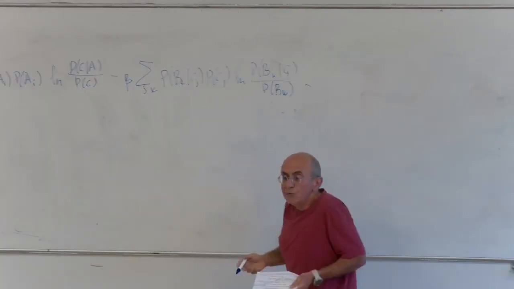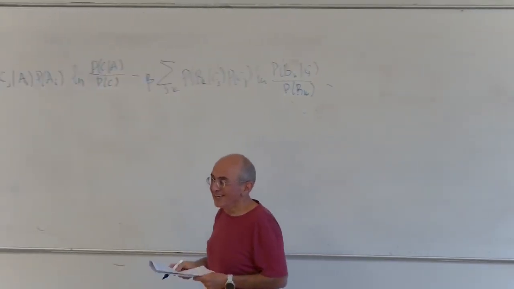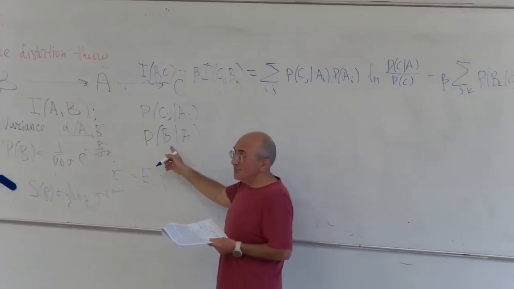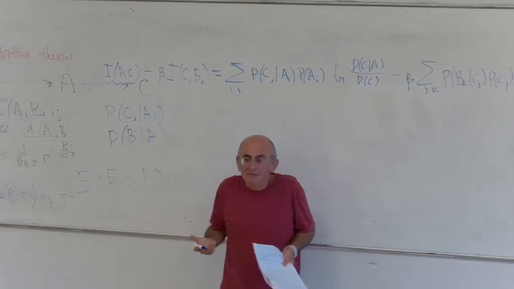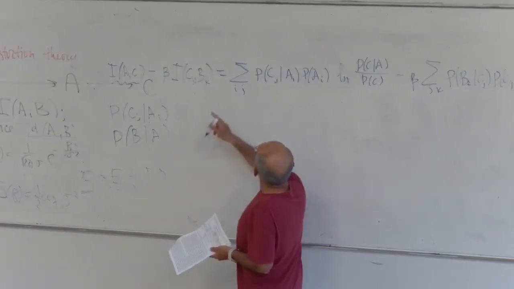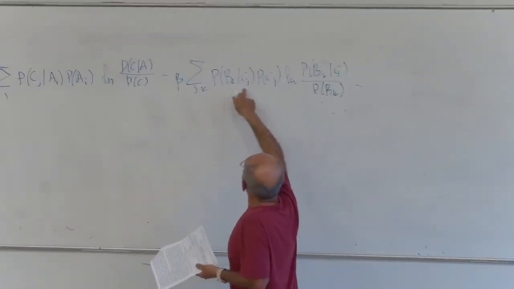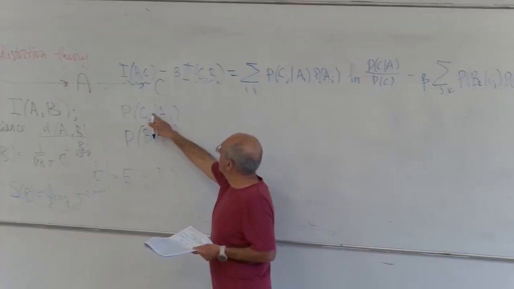Good. How do we differentiate it, with respect to what? We have now two things. One is this, and another is this, right? And if I differentiate it with respect to P of C, of course, I will differentiate this, but this is something which contains B. So now what I need to ask is, are they related?